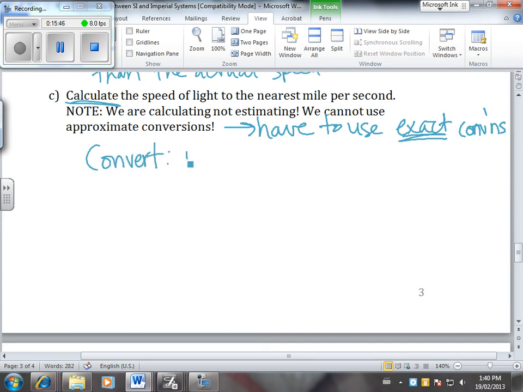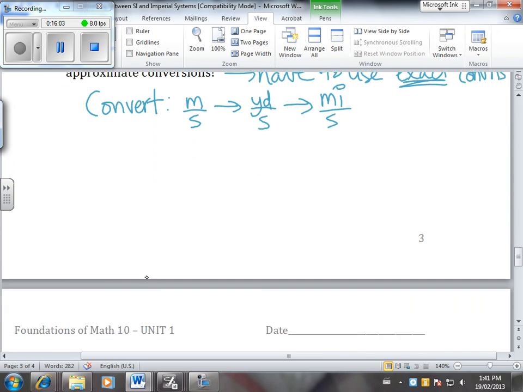We have to convert meters per second, which is what we start with, then we have to make it into yards per second, and then we have to go to miles per second. So if we start with what we want, and we want miles per second, and what we have, and we have